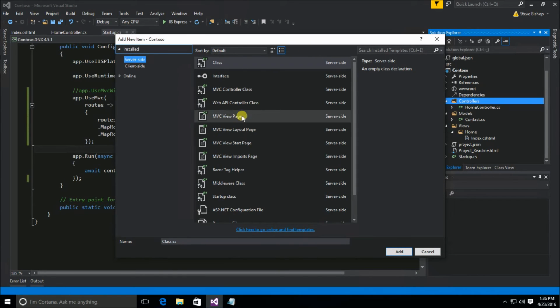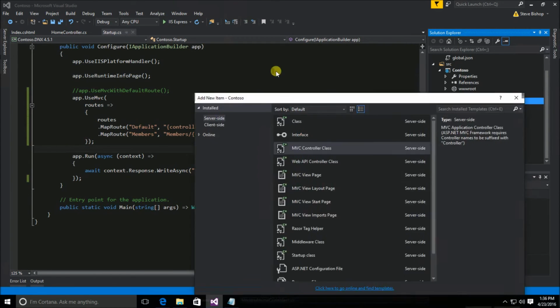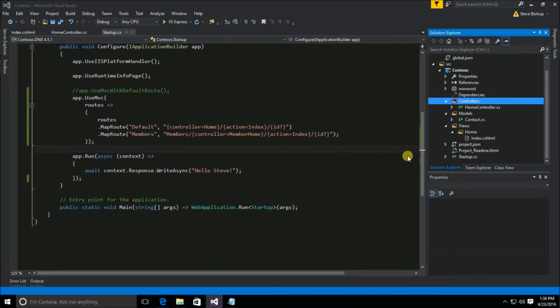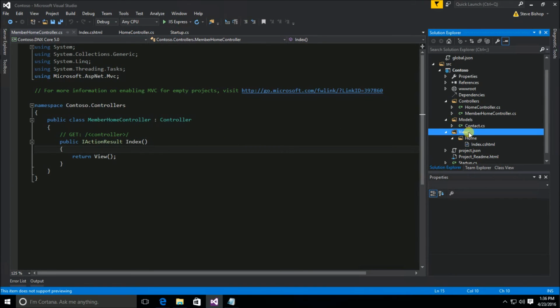So let's do MVC controller class, member. Was it member or members? Member home. There we go. Member home controller. Get rid of the 1 there. Add it to our controllers. And I'm not going to do anything too complex. I'm not even going to use a model here. I'm just going to call this index action from our members